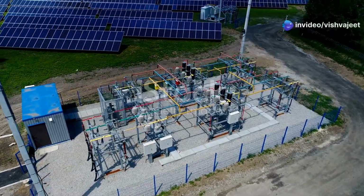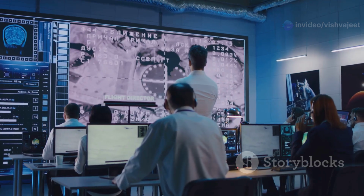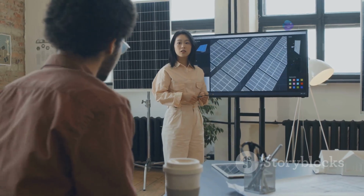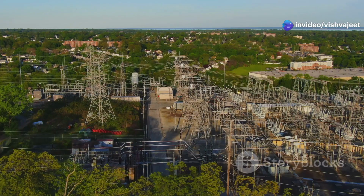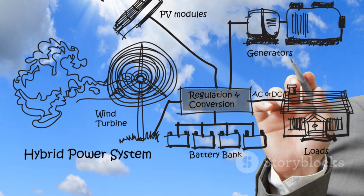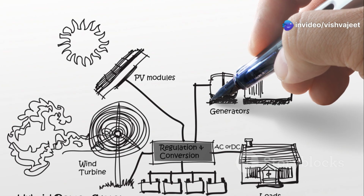Two modes of power: connected and independent microgrids. Microgrids are versatile systems that can operate in two primary modes, grid-connected and islanded. Understanding these modes is crucial to grasping the full potential of microgrid technology. In grid-connected mode, the microgrid is connected to the main power grid, drawing electricity from it when needed. This connection allows the microgrid to supplement its own generation with power from the main grid, ensuring a consistent energy